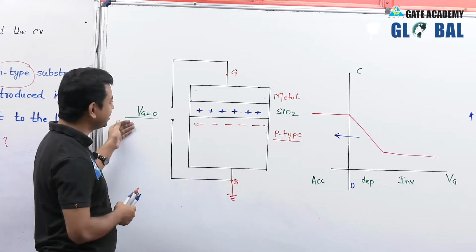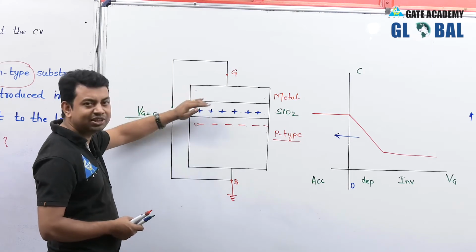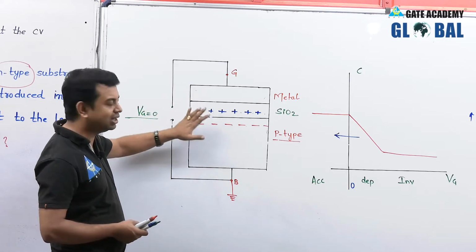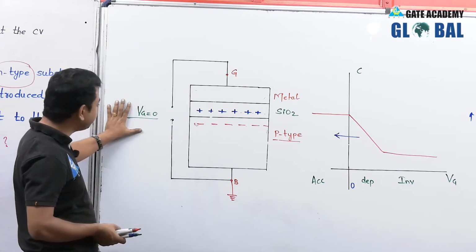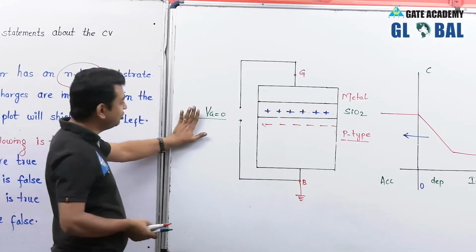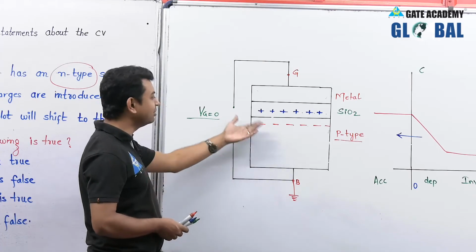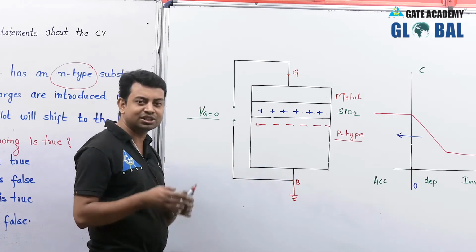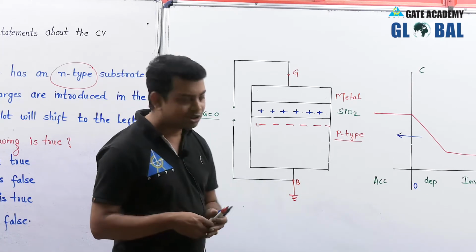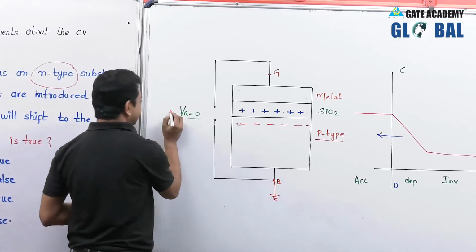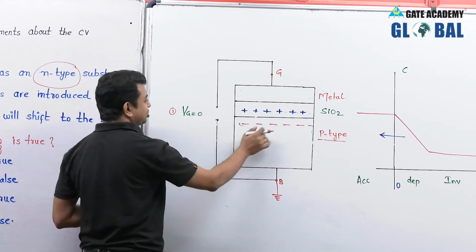Now, at Vg equal to 0, we are in the equilibrium condition. That means this material is neutral, or in equilibrium. Now, this is the start of your work. What will happen? Initially, we apply the gate voltage in such a way that we can create an inversion layer in the semiconductor side, and this is the purpose of creating an enhancement type MOSFET. So what we have to do first is this, and at this particular voltage Vg equal to 0, this is your scenario.